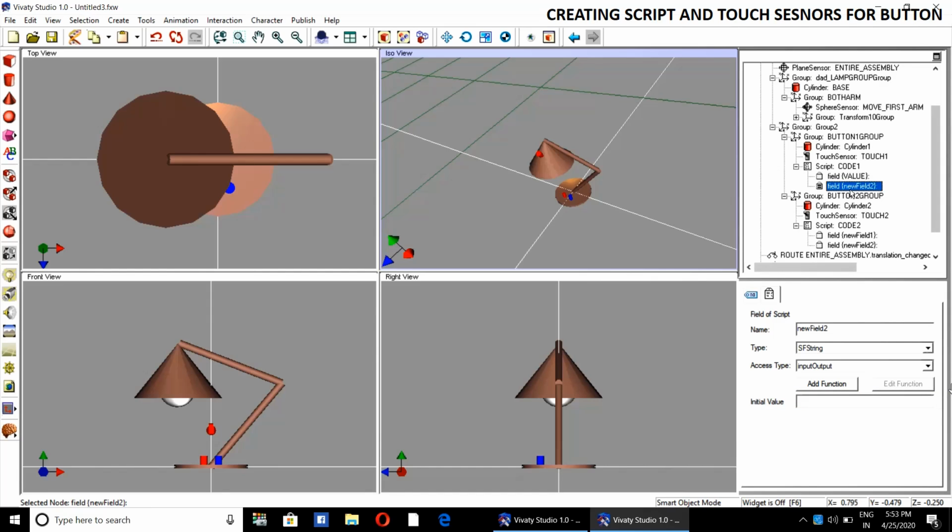Second will be called set underscore path, set light. Again this will be value field, capital value, and this will be set light, set underscore light.